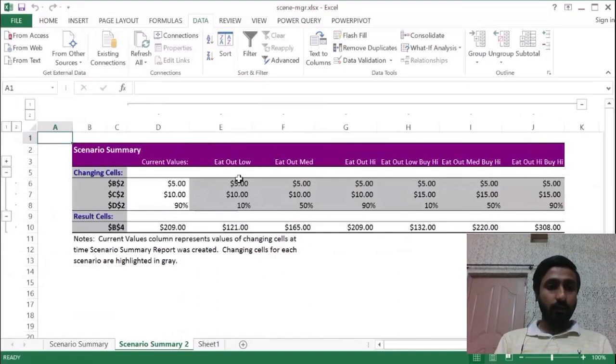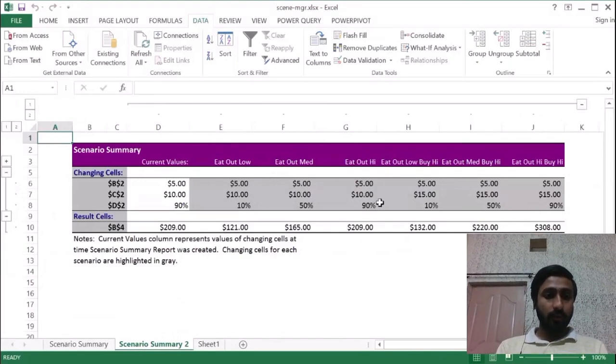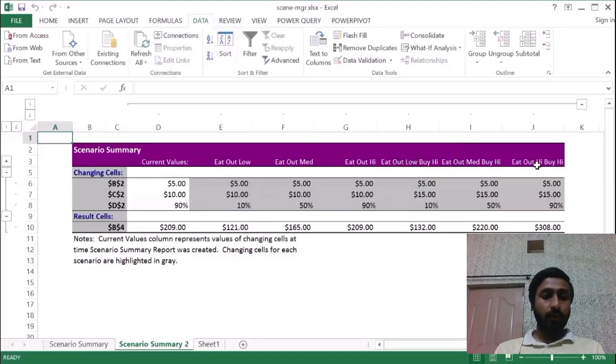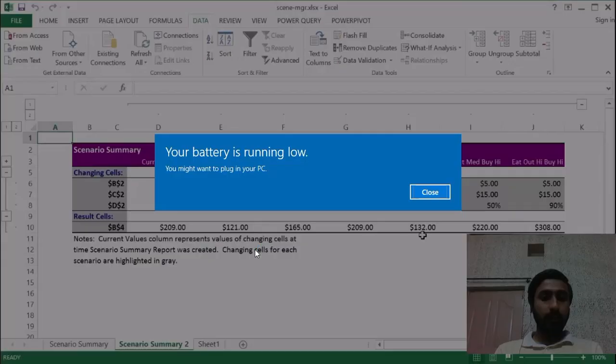If I want to click the summary, I will open up another summary table and ask to see the result cells, and click OK. A new table will show up and I will show the different scenarios. So the chance of eating out is low, medium, high at a $10 price of lunch. You see our value here. Now here on the other side, eat out medium